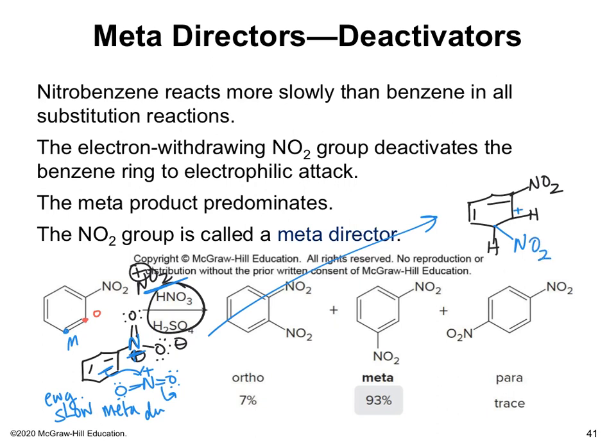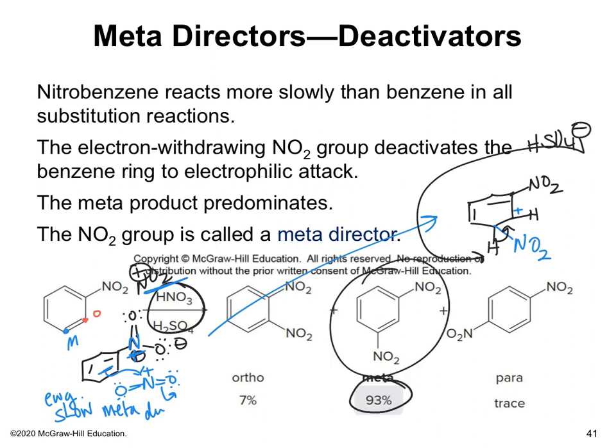And then I'm going to put my positives there. And then for rearomatization, I will show that mechanism. Do you see 93%? That nitro is going to go 1,3, meta. It's going to be your major